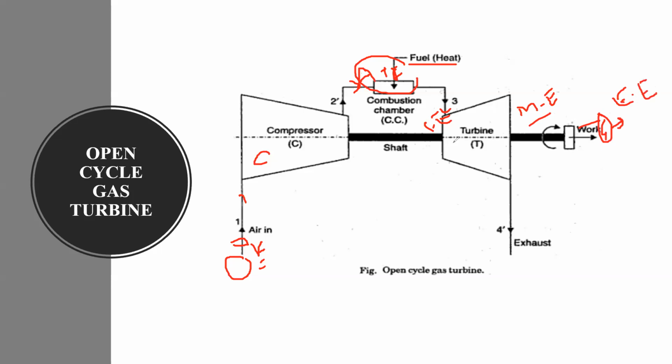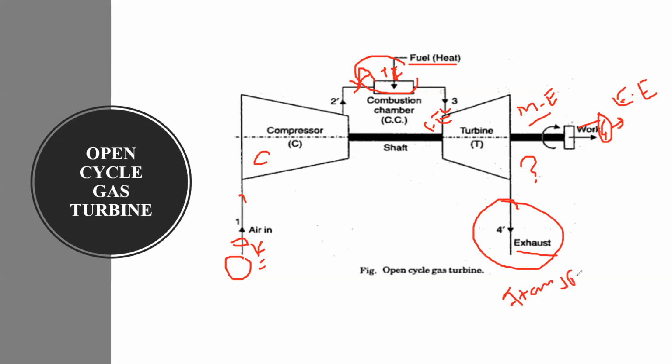But where is the drawback? Where is the drawback of the open cycle gas turbine? Let's concentrate on this part. Everyone try to understand and clearly observe this point, that is point 4. At this point, some exhaust gas is present in the turbine. Whenever the turbine rotates, some exhaust gases pass through it, and this exhaust gas is released into the atmosphere.